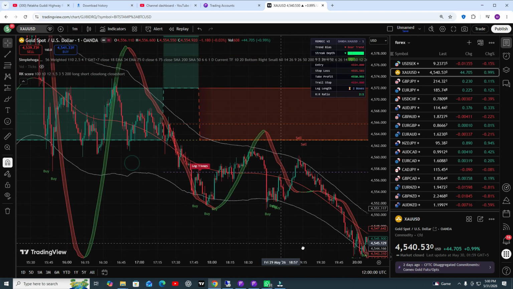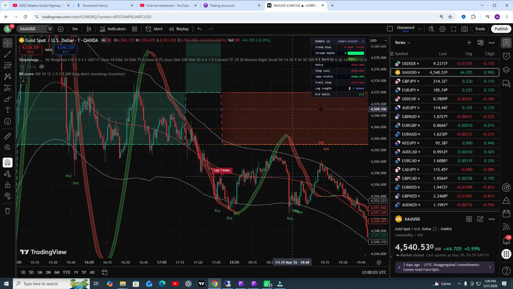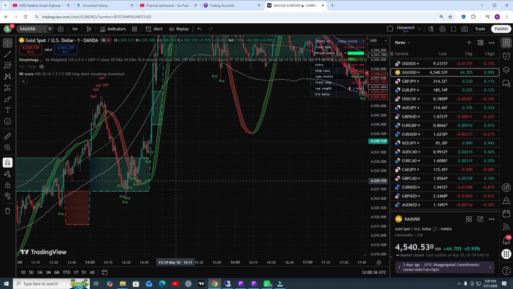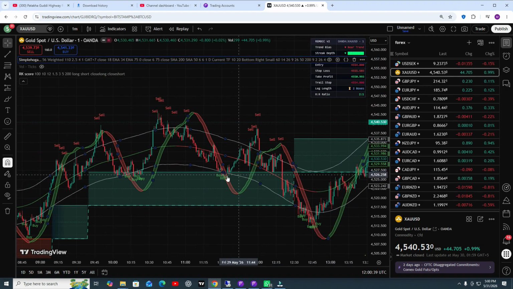Weak signal is very simple. You can see there are a lot of buy and sell signals, but at no point did I say to follow every buy and sell signal. If you want the weak signal, then of course you need to follow buy and sell signals according to the trend. When the trend is green, follow the buy signal. When the trend is downside, or you see a red one, follow the sell signal. This is the weak signal, and the signals are really good, not bad at all.